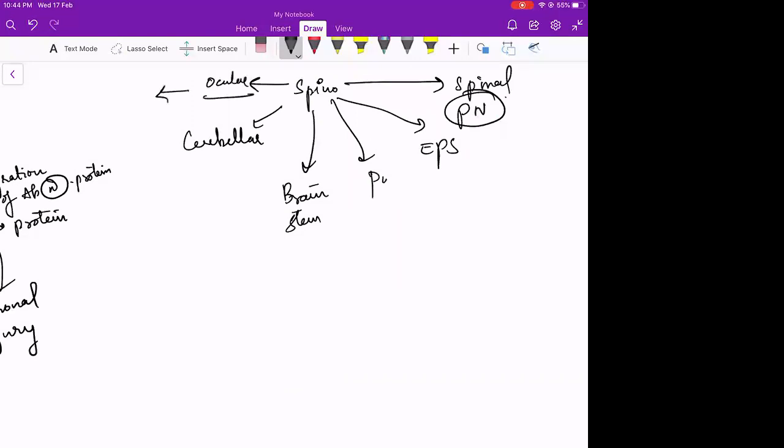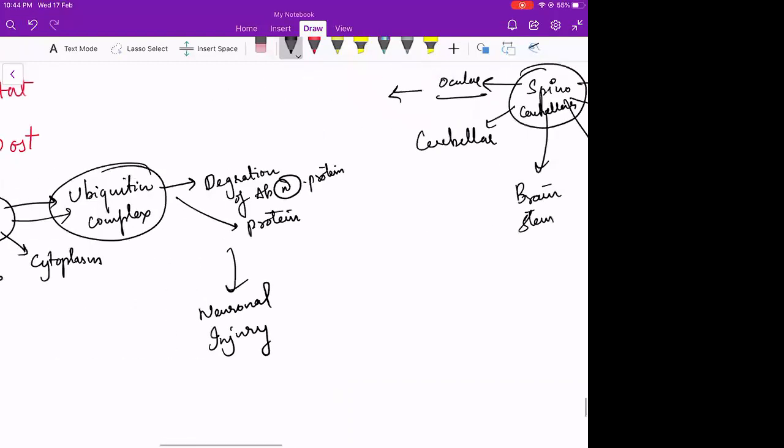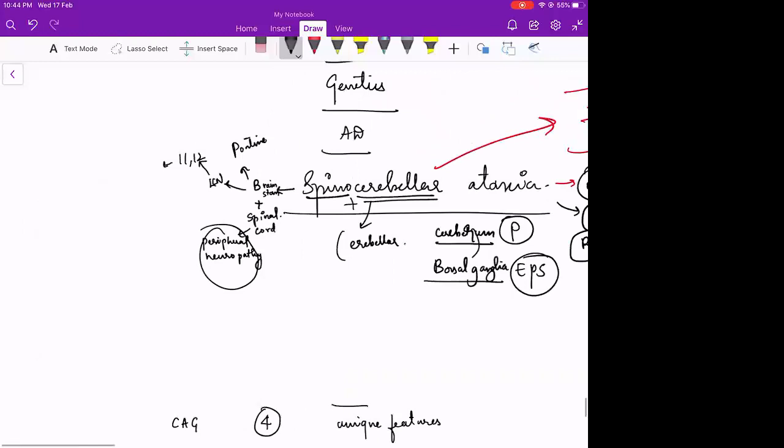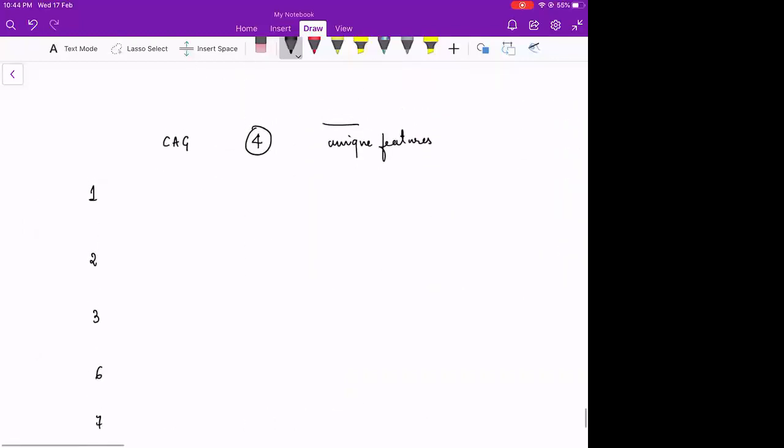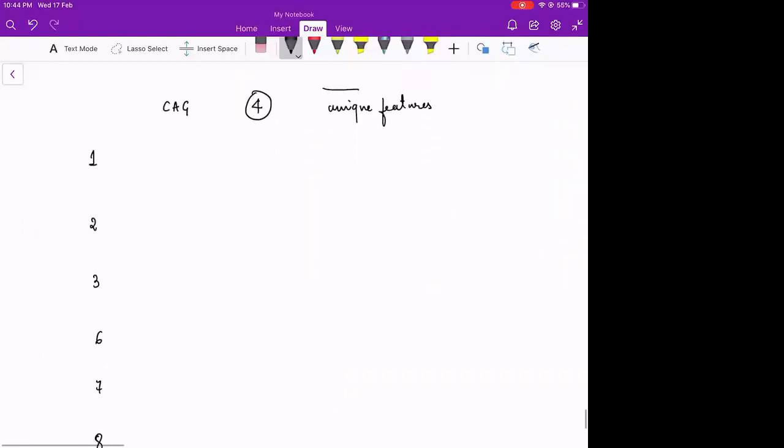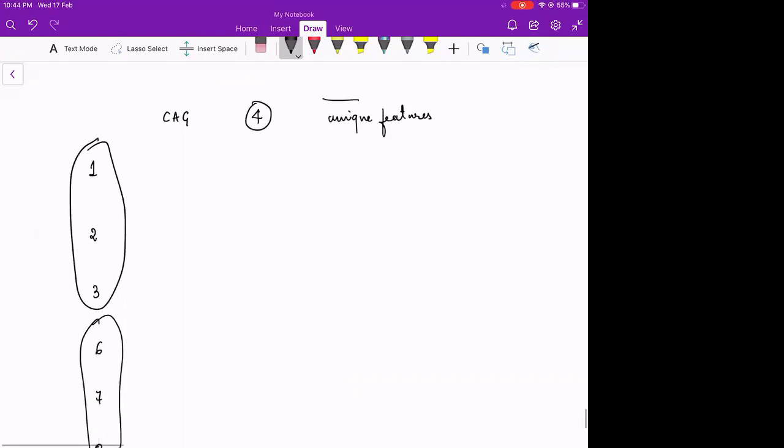Some patients will have ocular stare, supranuclear gaze palsy and nuclear gaze palsy. All this will be seen in spinocerebellar ataxia. Coming to the different types, the important ones are 1, 2, 3 and 6, 7, 8,